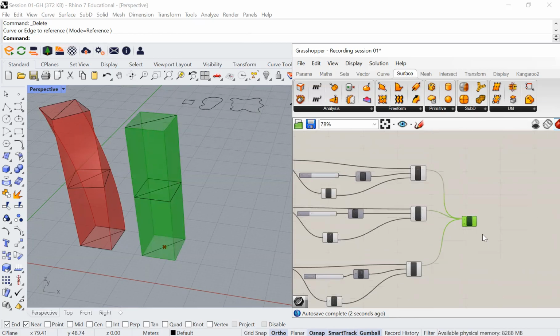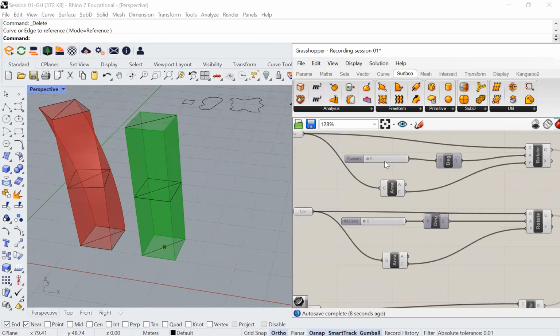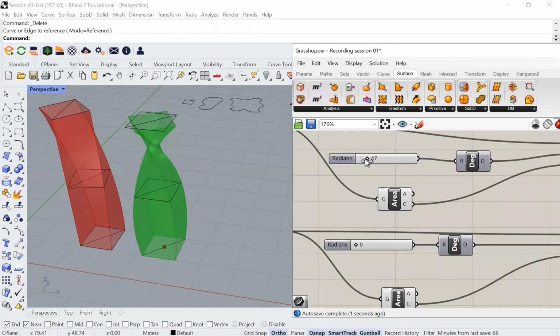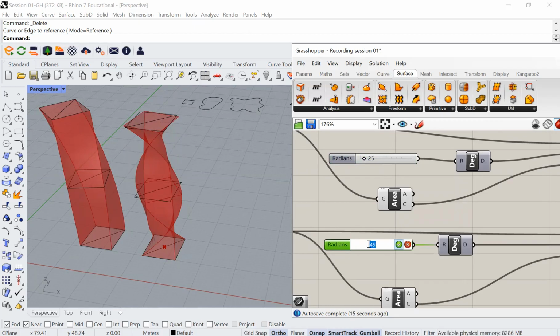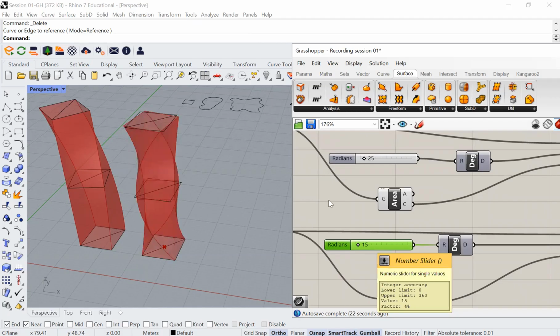Okay, and now what we need to do is to really have fun with those degrees and have really different kinds of surfaces. So let's say I'll put this one 25 as it was used before. Sorry for this. Let me see if I can mute. No, I don't want to mute it because I'm talking. 15. Okay, so let's say